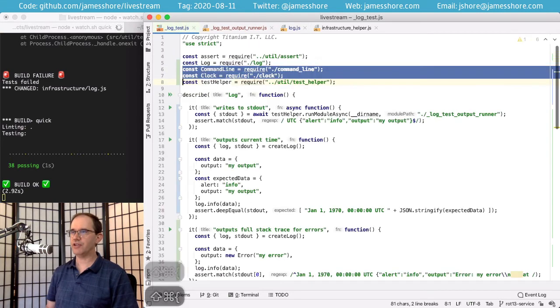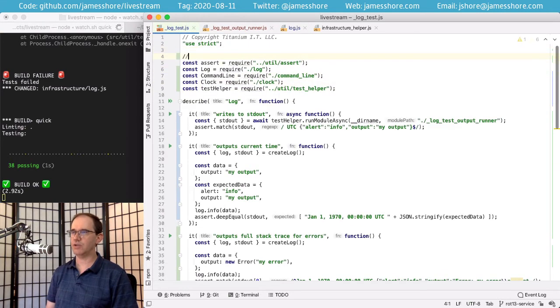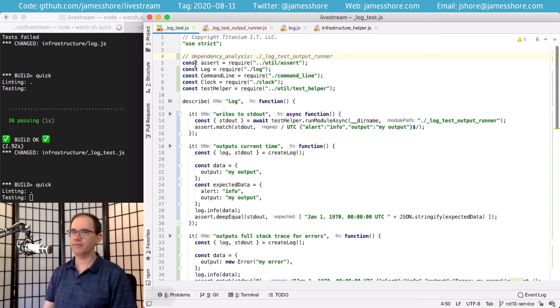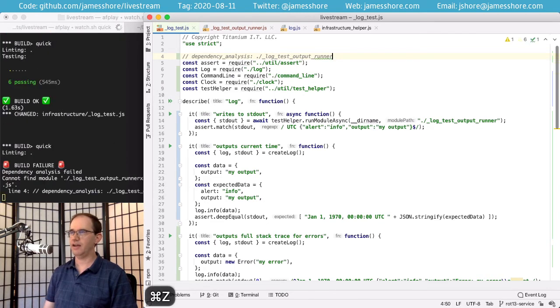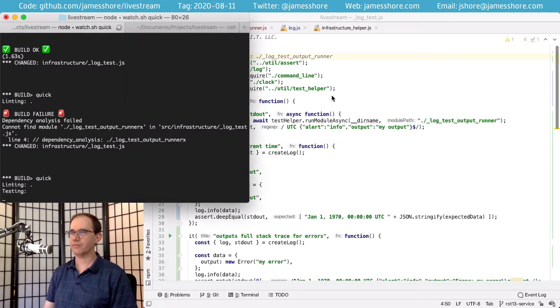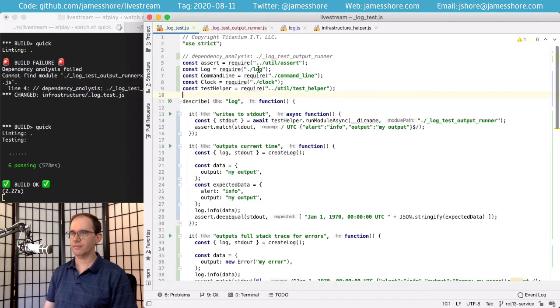I do need to make sure that our test works properly though. Because the watch script is an incremental build, I need to tell it that we're looking at log test output runner as a dependency. Let me just make sure I got that syntax right. Yeah, I did. Now this is not something you'd normally see in JavaScript.